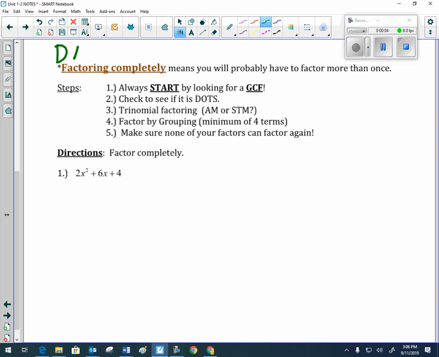Unit 2, Day 4, we are going to be talking about factoring completely. When we do factoring completely, it means that you will probably have to factor more than once. Quite often, that's going to be 2 steps of factoring, but occasionally that might be 3 or more steps. When we go through and do our factoring completely, the first thing that we always want to look for